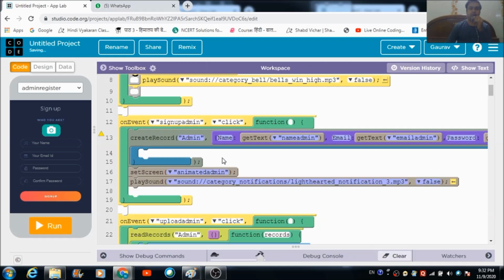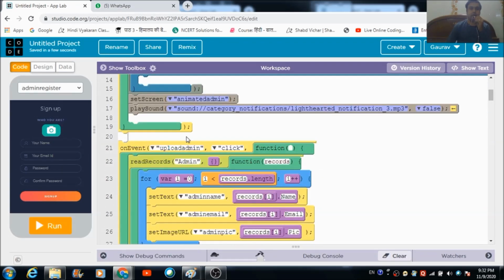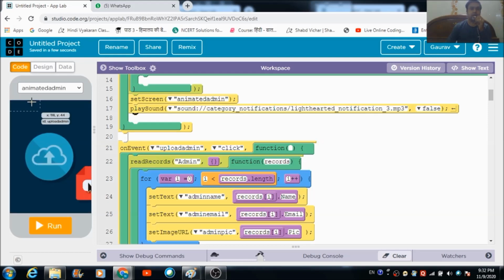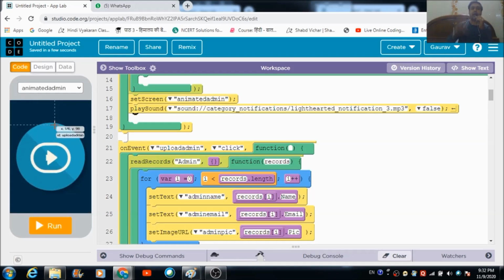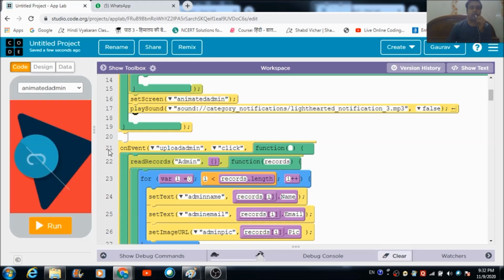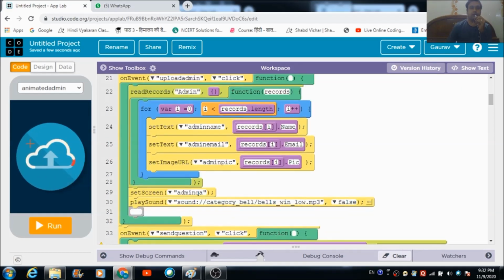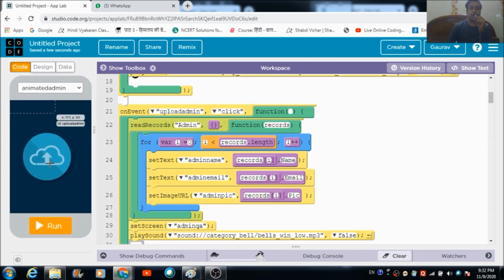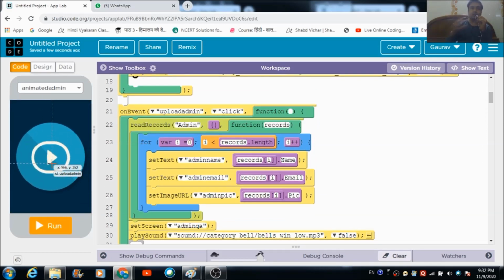And after this, the user is going to come on this animated admin screen, on which the user will come after submitting his profile. Now after this, when the user hits this image button which I've placed on this screen named admin animated admin, the name of this image button is upload admin.